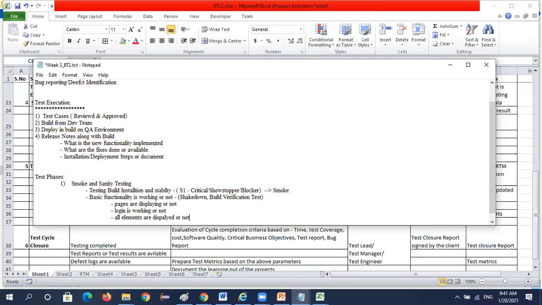Yes, good question. Actually, I paused for that one and I was expecting this question. So that's what I mentioned, the very thin line of difference between smoke test and sanity test. The basic difference we need to explain is, see,